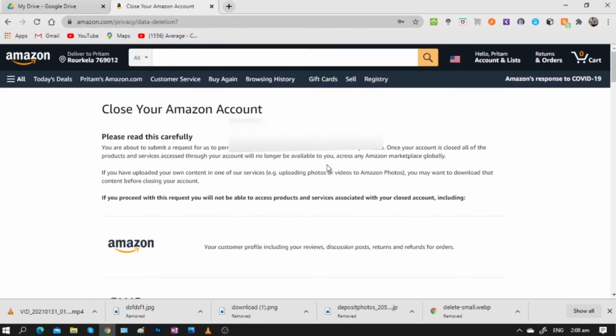So once I have logged in, it just asks whether you want to close your account or not. It gives a few instructions and you need to proceed forward. Look, in this method you are going directly to the close Amazon account link. In previous methods which I searched on YouTube, I didn't find any single video on this.